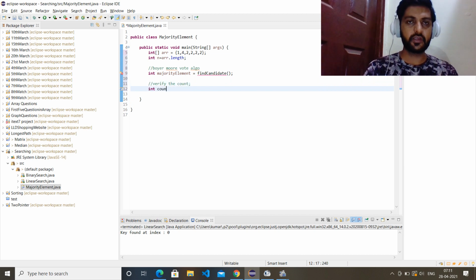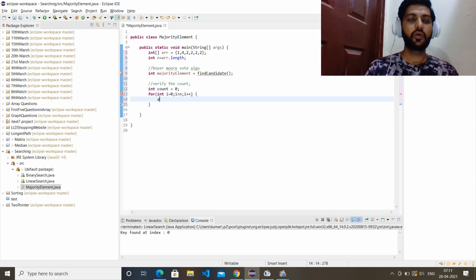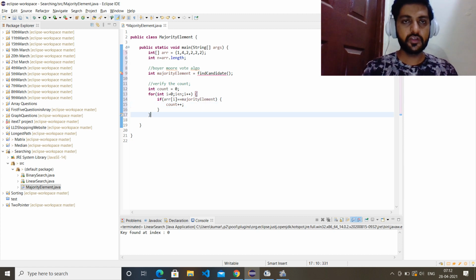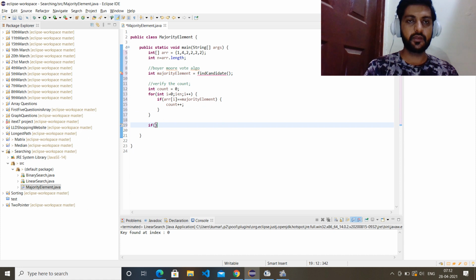Once we get the candidate, we just need to verify the count. So let's take one count as 0 and run the loop: int i = 0, i less than n, i plus plus. If array of i is the same as the majority element, that means we increment the count. Once we come out of the loop, if count is greater than n by 2,